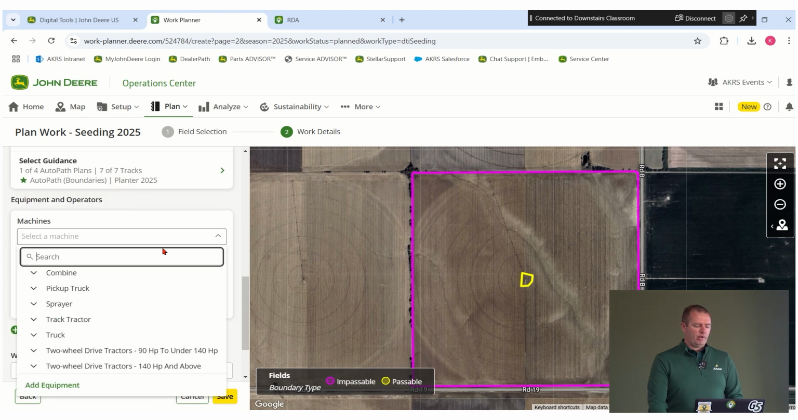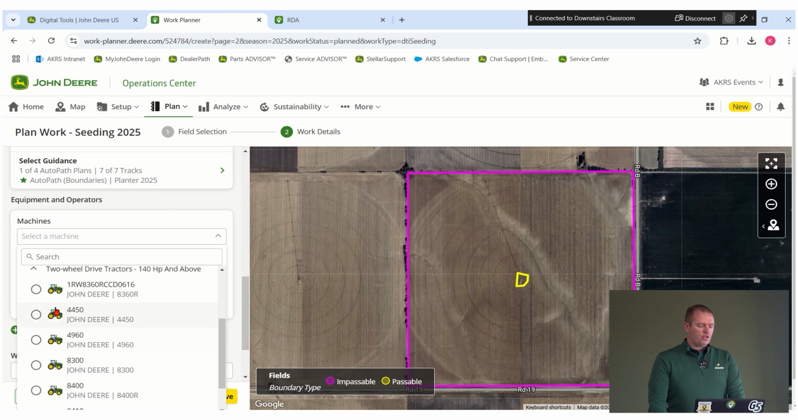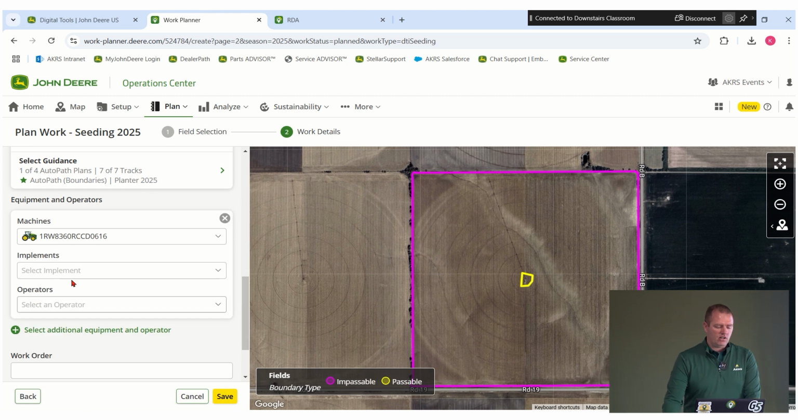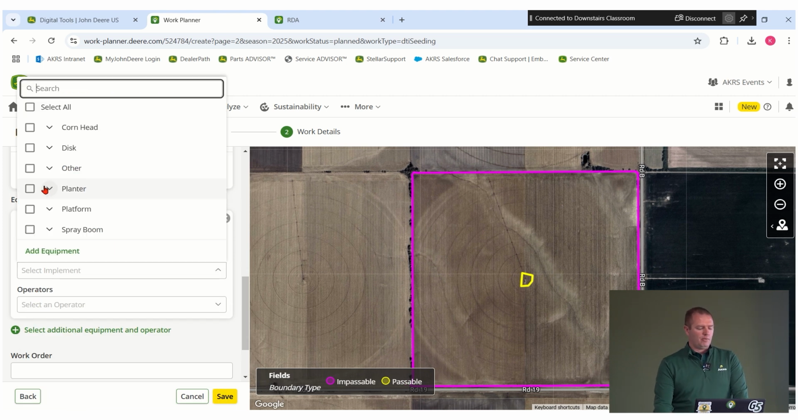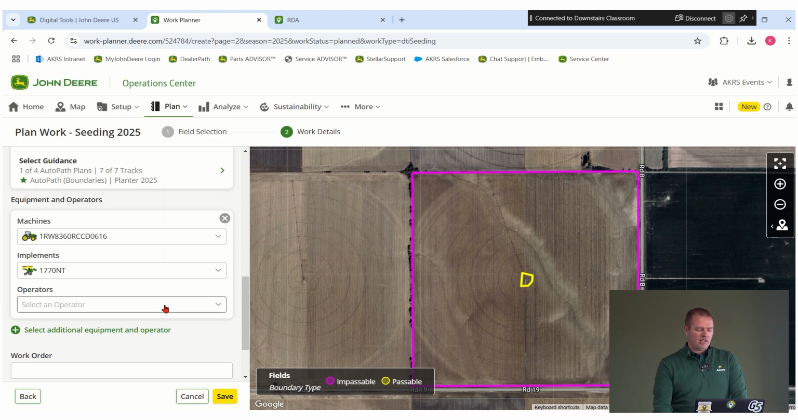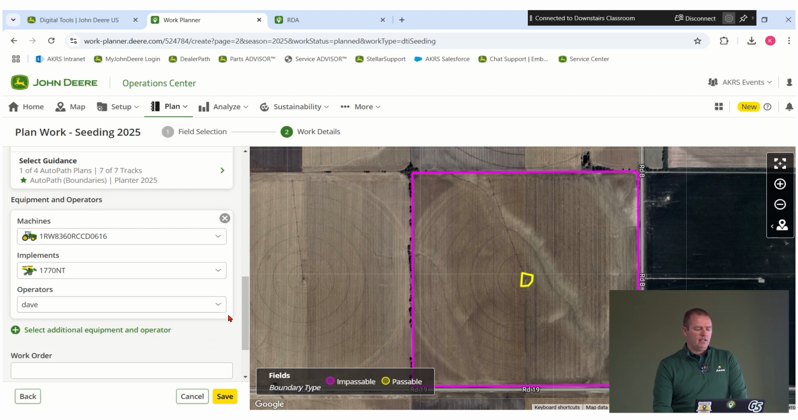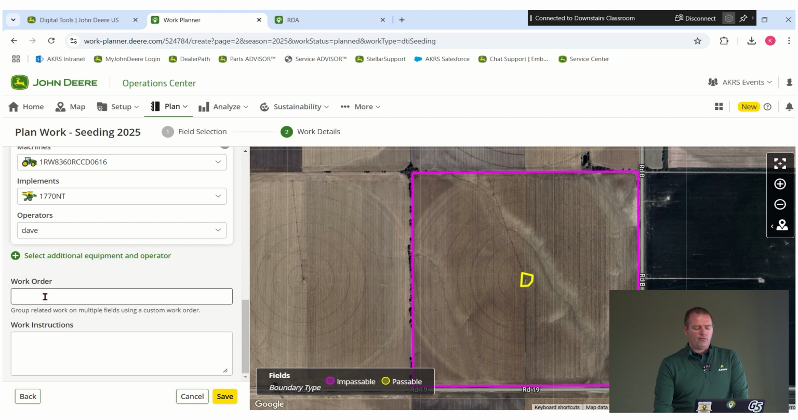Okay, as we go down, we can add the machine we're going to use. So if this is my tractor, we'll grab this 8360R, and our implement. We're on a planter, it's a 1770 NT. Again, a little bit different on everybody's operation. Then if I have an operator here to save it with, I can add that operator detail. If we're using a work order number, a number that we associated with the job,